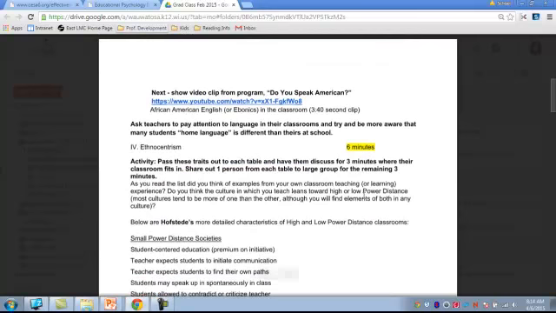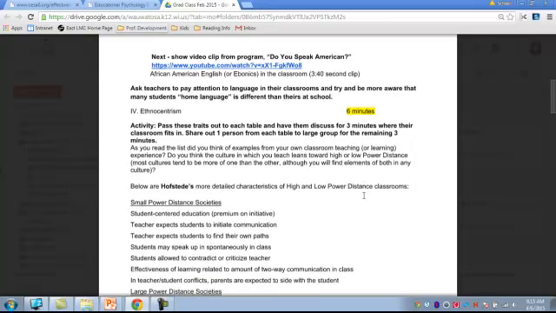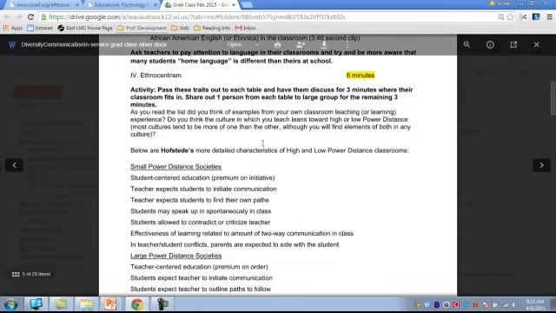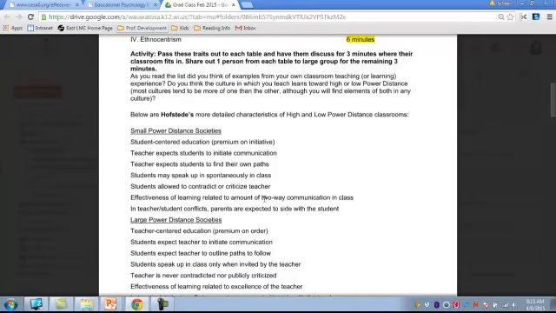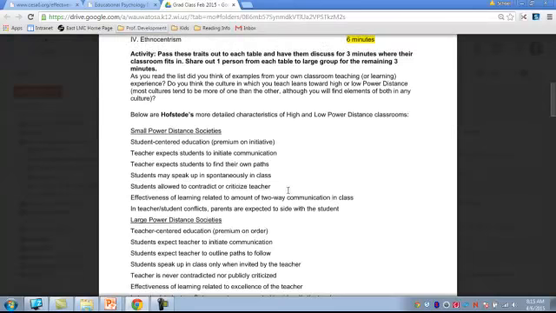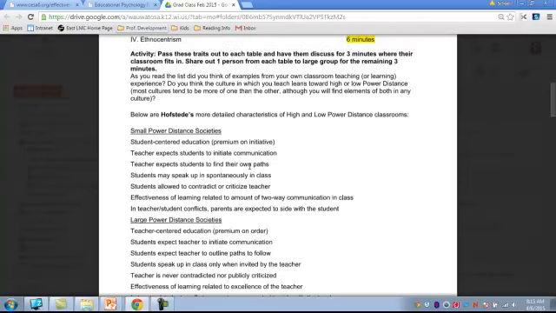Okay, the other one is ethnocentrism, where one culture thinks they are better than another. Okay, and I think the part that was interesting to me, as you read this list below, think of examples from your own teaching experience. Would you consider yourself more student-centered, where the students are allowed to criticize the adult, speak spontaneously, so even when students come meet with you in your office, I mean, if you're a guidance counselor or social worker, do you